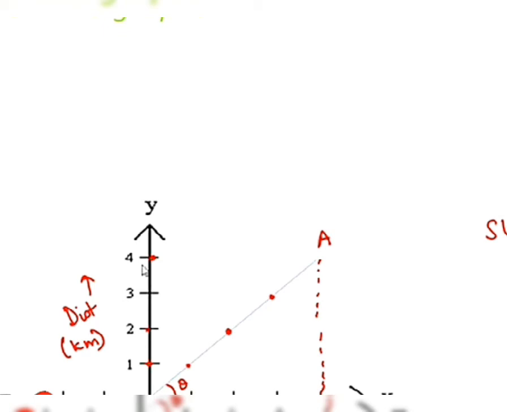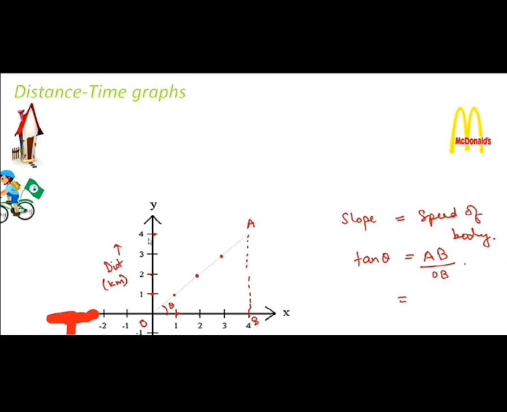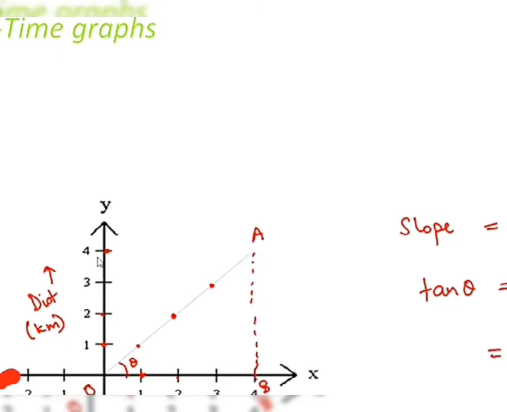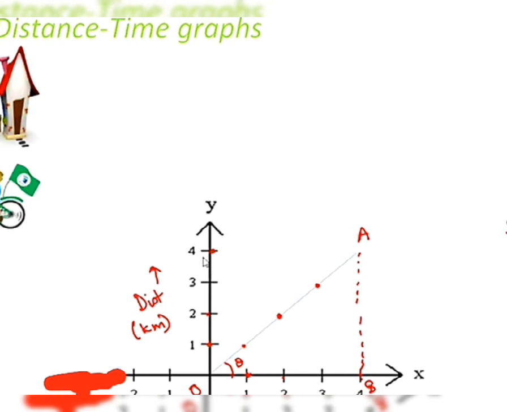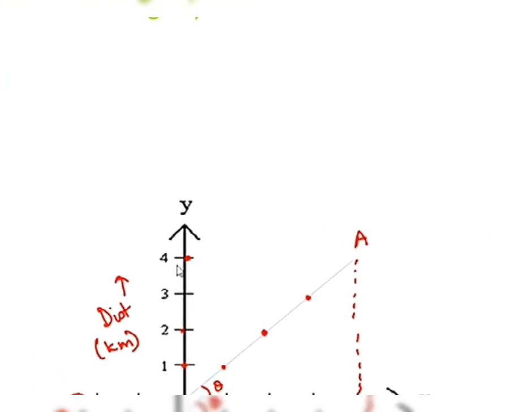Okay, now speed came out to be 2 kilometer per hour, right? So in 1 hour, this boy was gradually covering some distance, and finally it covers 2 kilometers in 1 hour. So in this case, if we plot distance time graph, it comes out like this, and that is the distance increases with time. So in this case, slope of this line gives us the speed of the object, because when the